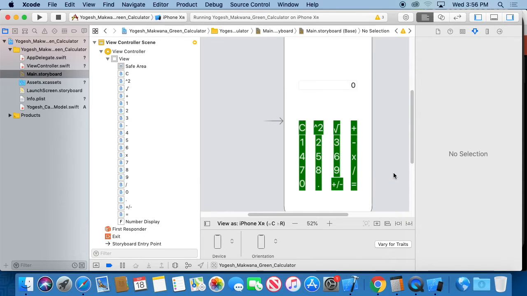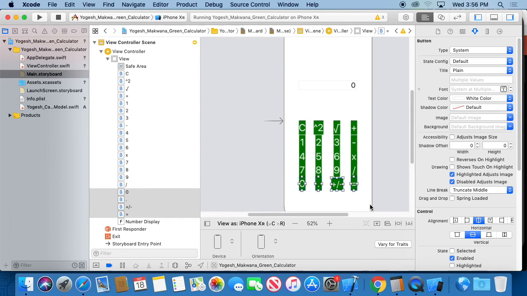Okay, so this is what my buttons look like right now. You'll see they're all different shapes and sizes depending upon what is in the button. So now what you do is you select one row, let's say the bottom row. At this point you should see that only the bottom row is selected, nothing else, otherwise there will be trouble. Okay, so select the bottom row, and then